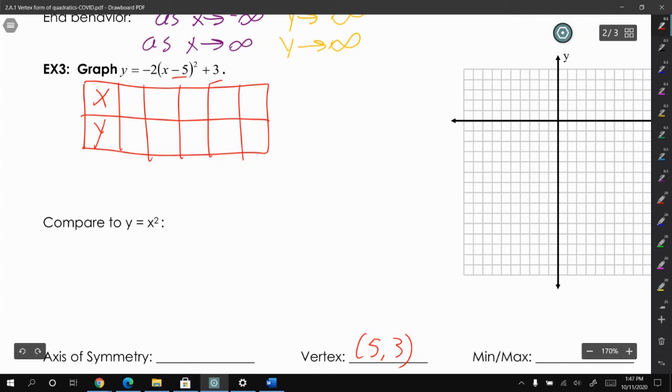And put the vertex in the center, 5, comma 3. Okay, now my x values, I'm going to go down by 1. So 4, 3. And then for the vertex again, the x values are going to go up by 1, 6, 7. So then I'm going to plug in either 3 and 4 into the calculator or 6 and 7 into the calculator